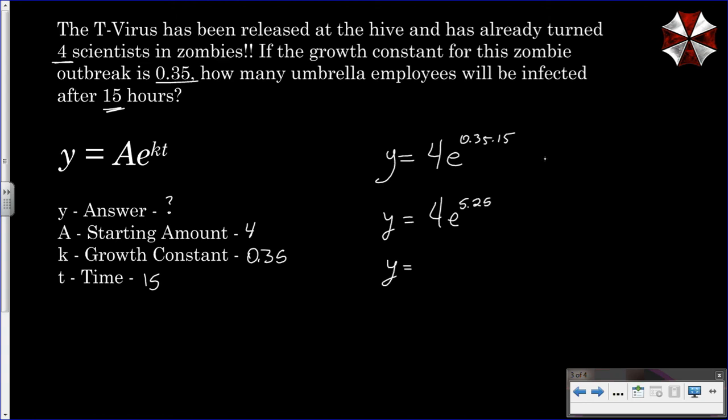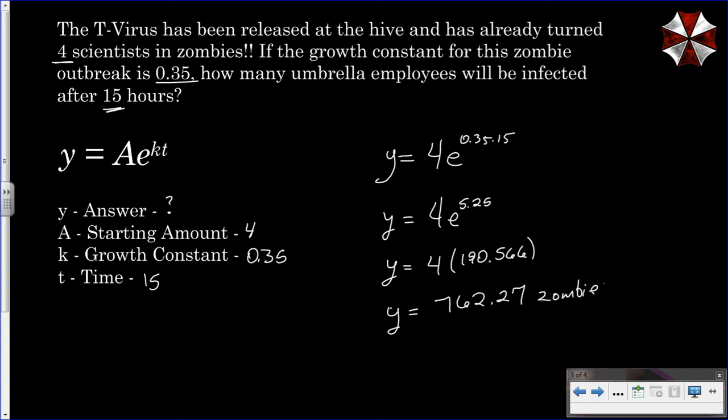Now let's do e raised to 5.25, which gives us 190.566. And then that multiplied by 4 is 762.27